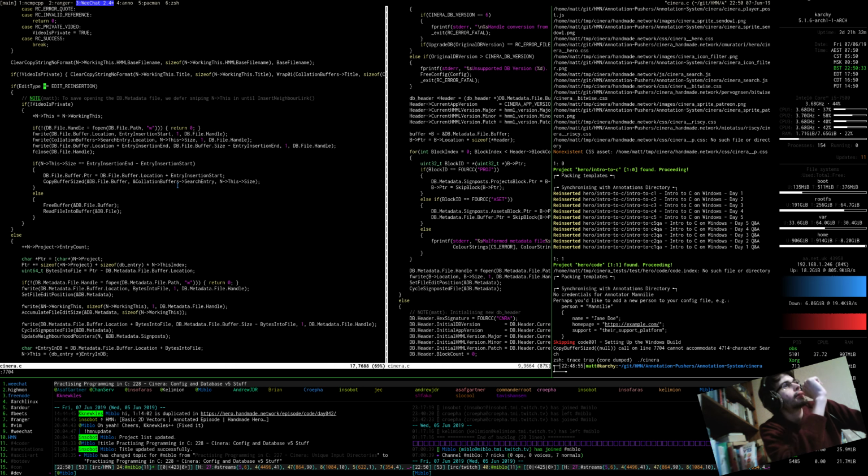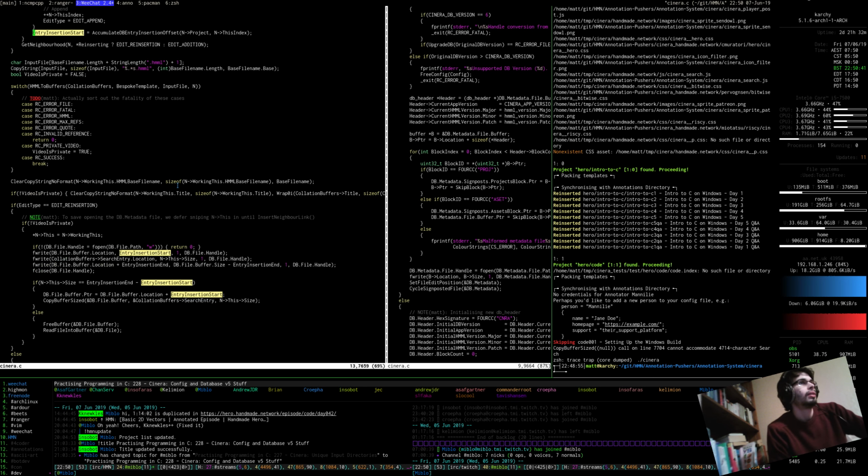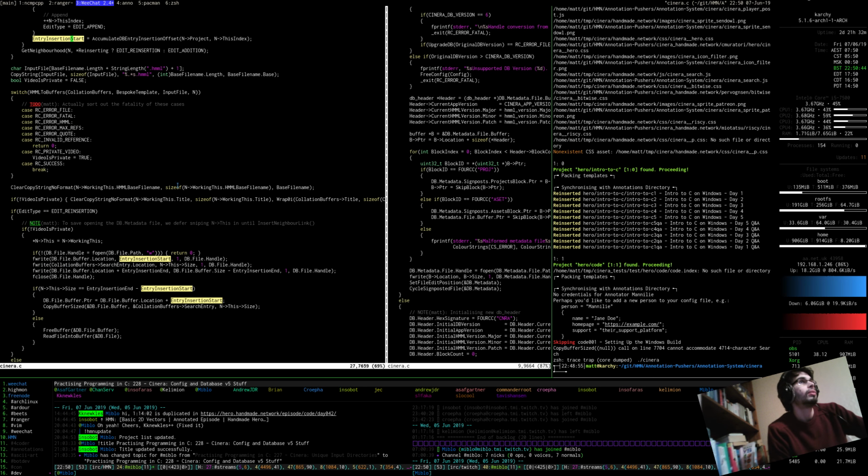Search engine location. Maybe the entry insertion start. You know, when we determine that size, when we do this accumulation,